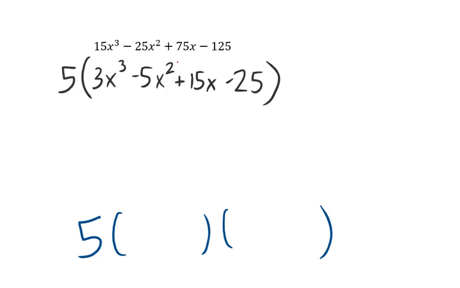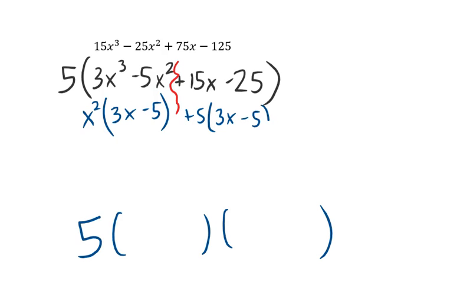When I do factor by grouping on this, I put a line down the middle. Out of the left side, and remember, I'm ignoring the 5, I'm just factoring what's in parentheses. I could take out an x squared, and I'm left with 3x minus 5. On the right, I can take out a plus 5, and I'm left with 3x minus 5. The fact that this is 3x minus 5 and this is 3x minus 5 means that